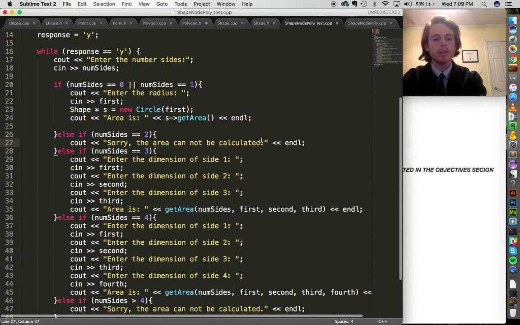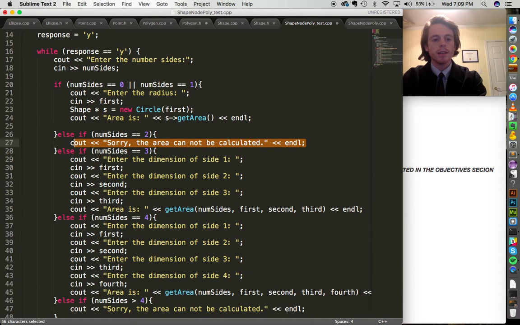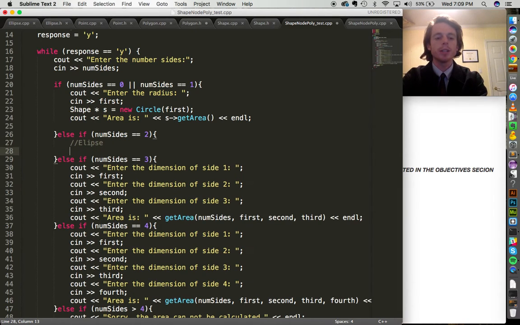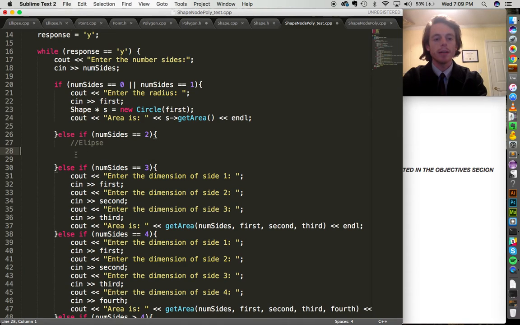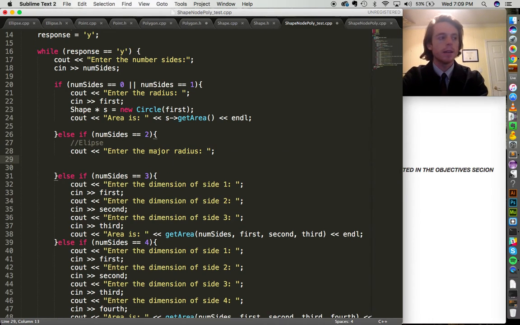And now we need to do a shape with 2 sides. So a shape with 2 sides, this will be our ellipse. By 2 sides, we're going to enter a major and a minor radius. So we're going to output, enter the major radius,